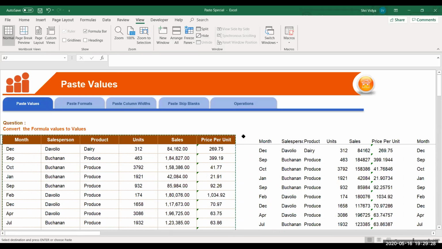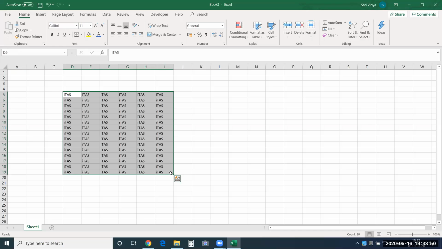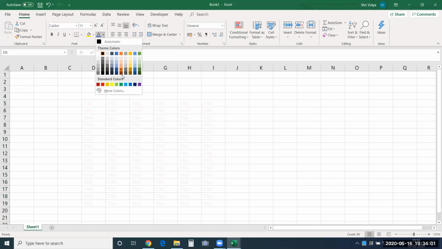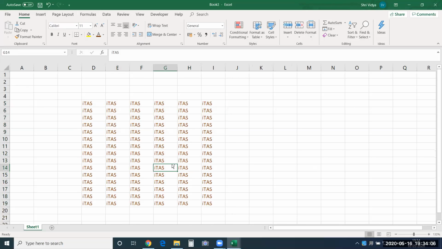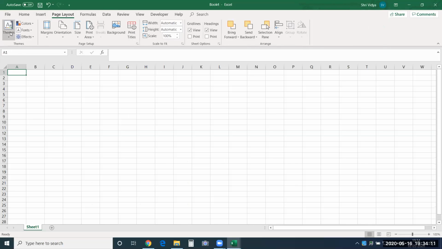So there was something I had to show you regarding all using the source theme. So you might have faced this difficulty. Let me show you an example. See, let's say I prepare a data of this type. Okay. Now this is in one of the themes, one of your office themes, let's say. Okay, I'll apply some change to it. I'll use a color just to change its appearance. Okay, now I have another file wherein I want to copy paste this. So here I'll go choose a different theme.